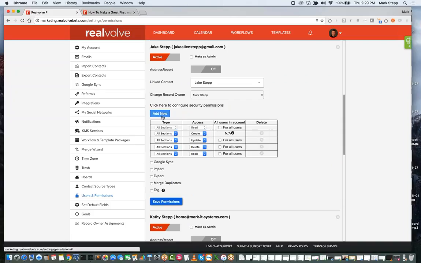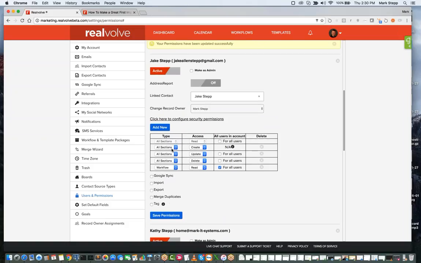Maybe you just want them to have rights to the workflows. You can come here to the workflows and set them to read rights, so they can read it for any of the users in that database, that team. In which case you can mark the little checkbox and then save those permissions. At that point, this user, in this case Jake, will be able to see all of his own records. Anything he adds, he deletes, he can deal with all that with his records, but he also has the extra rights of being able to see the workflows and use those workflows, even copy those workflows to his own account